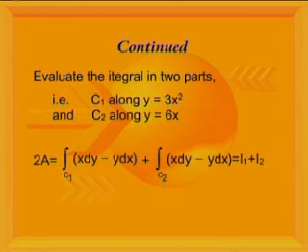So therefore twice the area of this region is equal to the line integral of x dy minus y dx along the curve C1 plus the line integral of x dy minus y dx along the curve C2. We will integrate these two